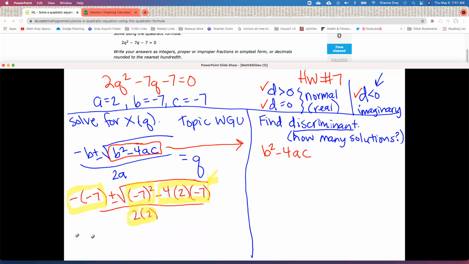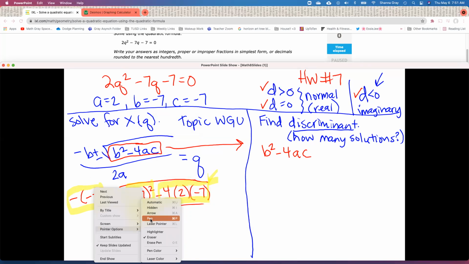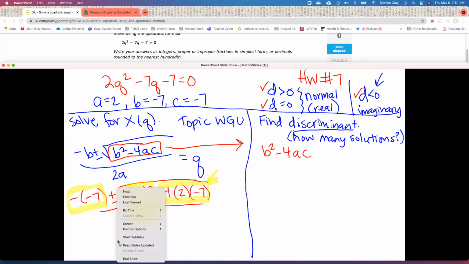Erase the highlighter. Go back to pen. And choose green. All right, so again, -7, so the negatives cancel out, make a +7. Got that plus or minus symbol. Square root. And so underneath the square root, if I just look at the squared part, I have -7 squared,